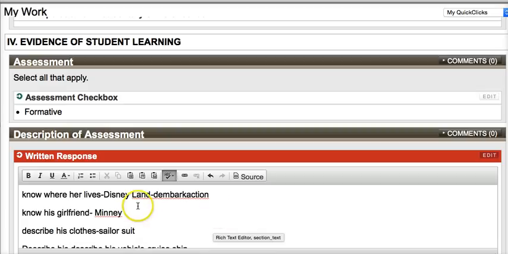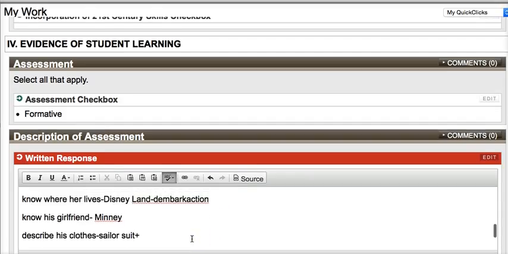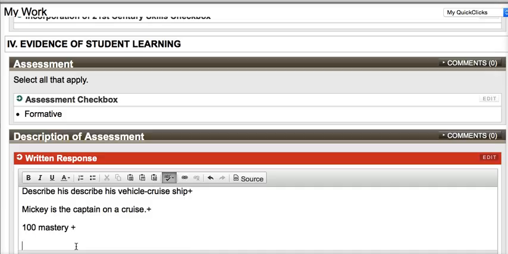And if they are able to give me sailor suit, describe the ship, say he's the captain of the cruise ship, and that he has the embarkation point, I will give them 100%. That's 100% is mastery. So in this case, I'm just making these check marks. You would want to write this out. They're able to give me the things that I gave those pluses to. That is 100% mastery. If they are able to also provide additional information about his girlfriend or something else,